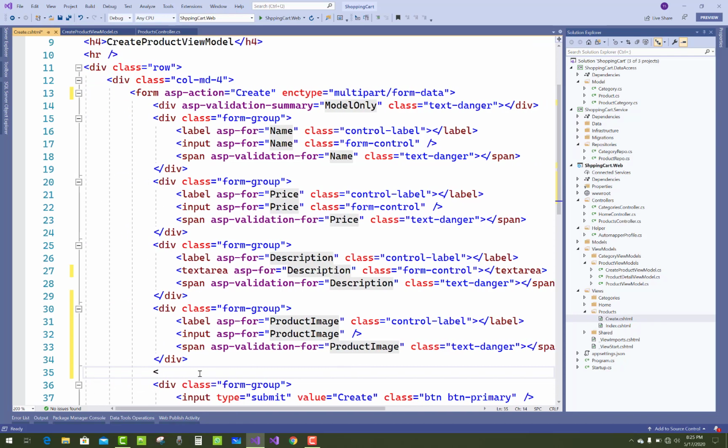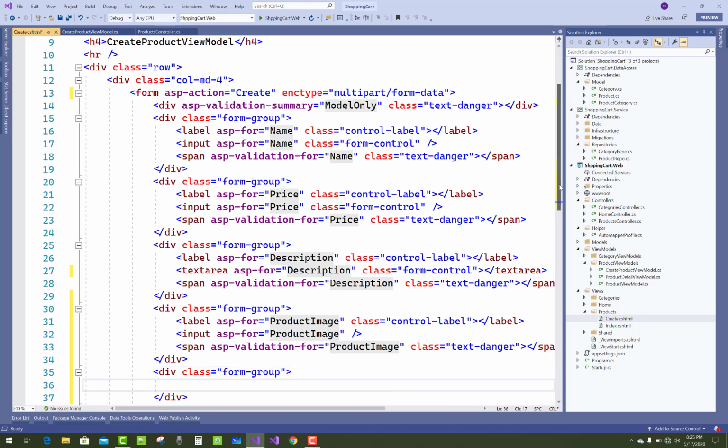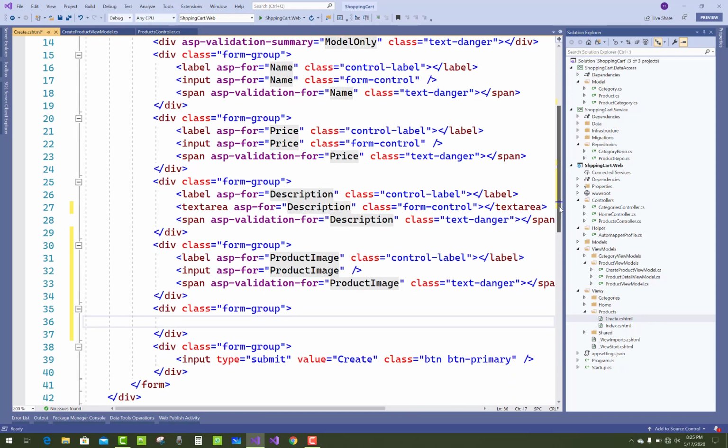Now after that add a div with class equals to form-group, and the next thing is to add categories. So add a for loop.